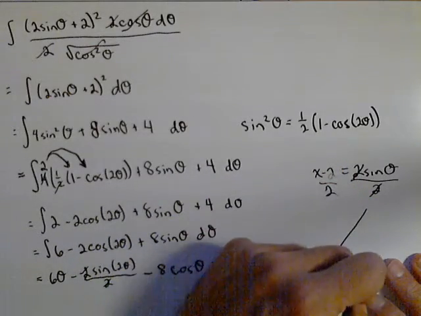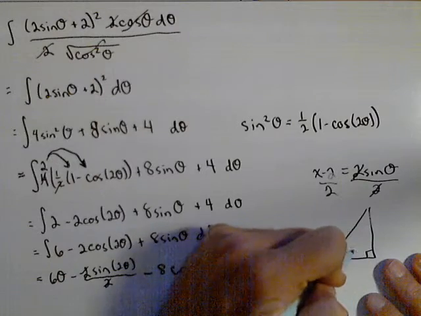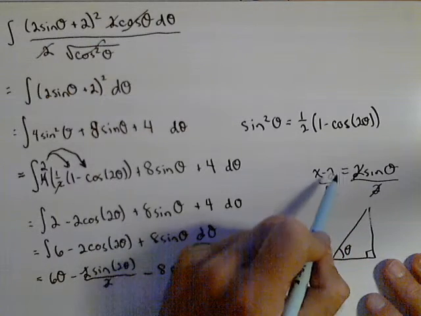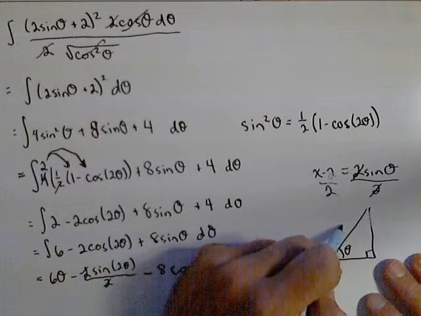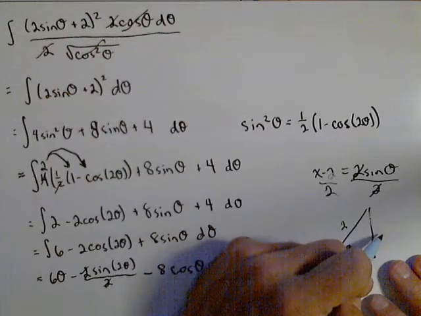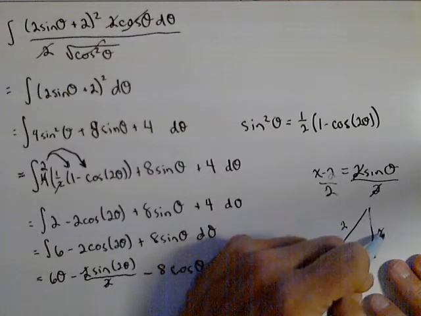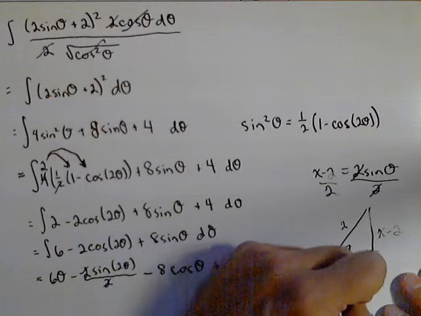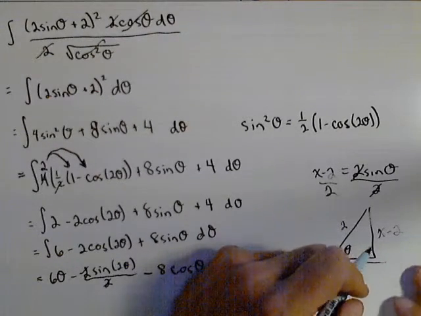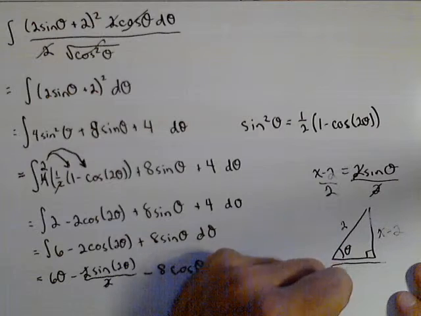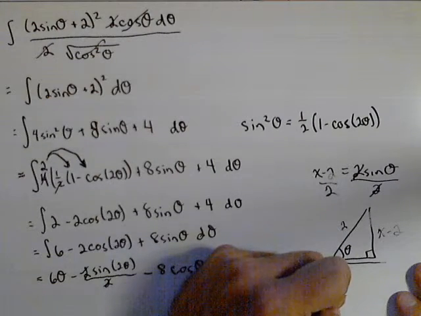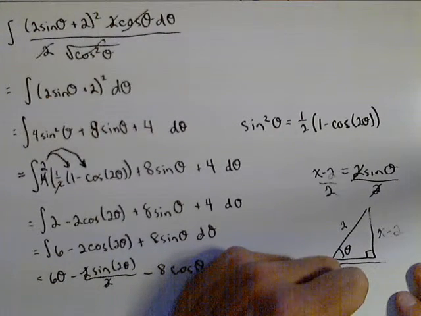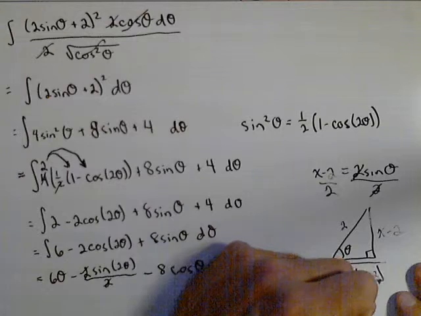It's not the only way though. Here's my right angle. I'll call this one theta. Sine is opposite over hypotenuse, so the hypotenuse is 2. The opposite side would be x minus 2, and so the adjacent side is going to be the square root of the hypotenuse squared, so 4 minus x minus 2, the quantity